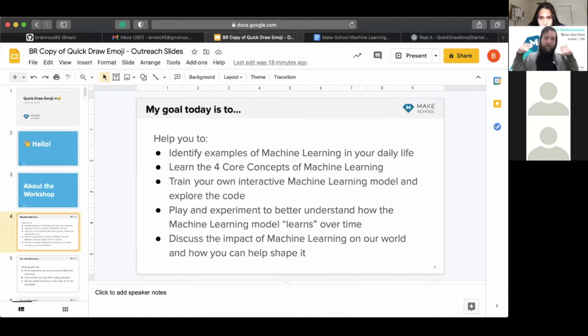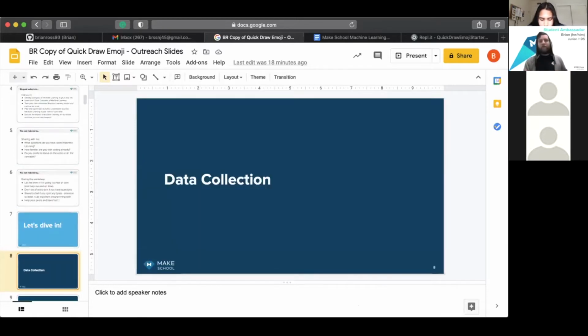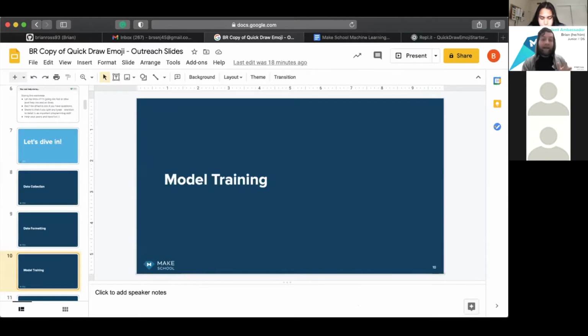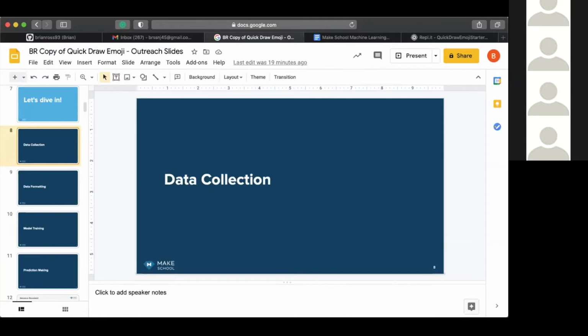And I'm going to teach you how to look exactly like that person, because really, there's 4 things you need to worry about here. There's data collection, data formatting, model training, and prediction making. I'm going to go over what all 4 of those words mean. But again, just remember those 4 things. If you're the note-taking type, if you write them down, you'll probably remember it forever after that. That's how it works with me if I write handwritten notes. We have data collection, data formatting, model training, and prediction making.